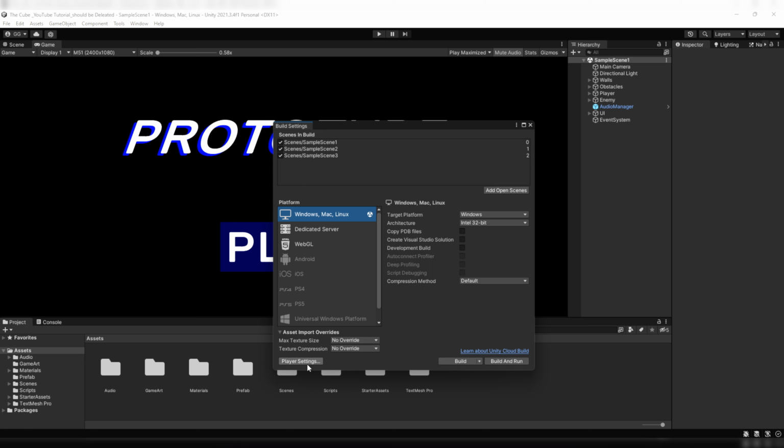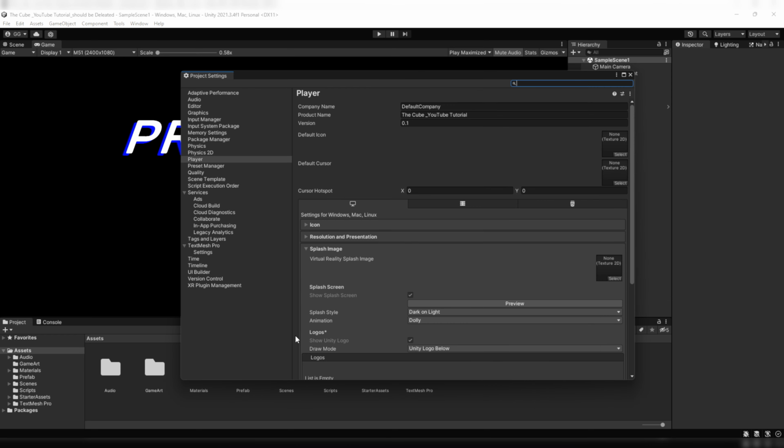Now down here we have player settings. Click on it and it will open another window, and here we have a bunch of settings, this and that. Oh my god, relax, don't panic. For the time being we'll focus only on the player settings and nowhere else, right? Okay, got it. Now here we have some more settings like company name, where we will write our company name,